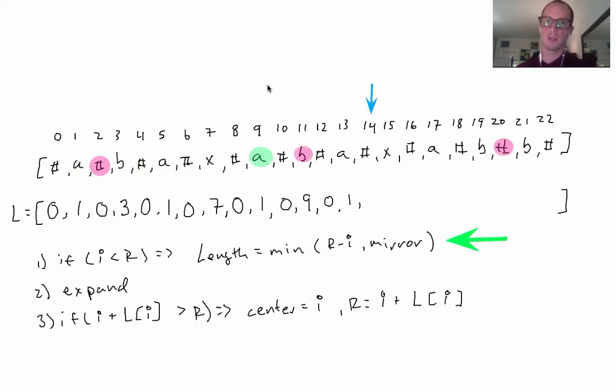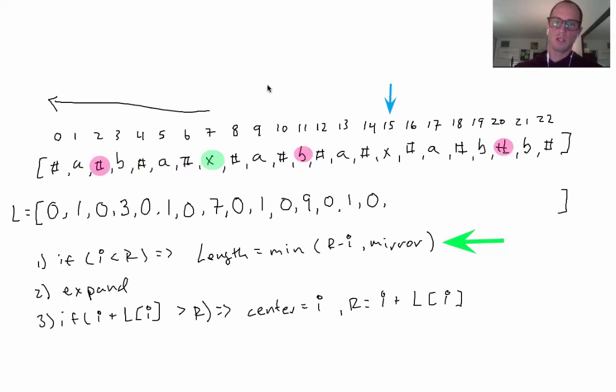We'll increment to index 14. We'll update it with its mirror. We'll try to expand. We'll try to update the center, and we cannot. So now we're at index 15, and index 15's mirror at index 7 is of size 7. It expands beyond the left boundary. Because it expands beyond the left boundary, we cannot just update it with its mirror. We have to use